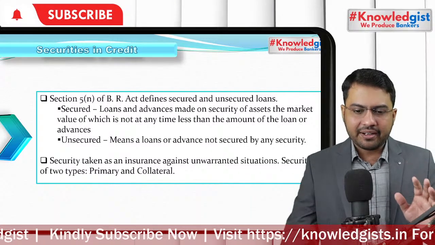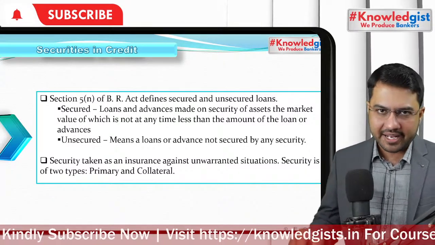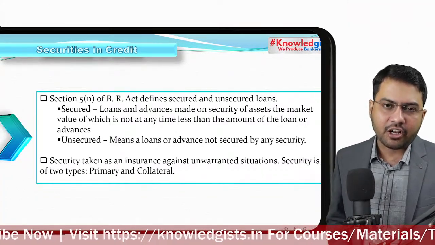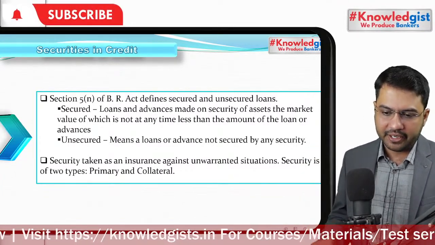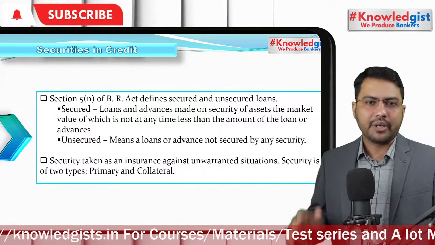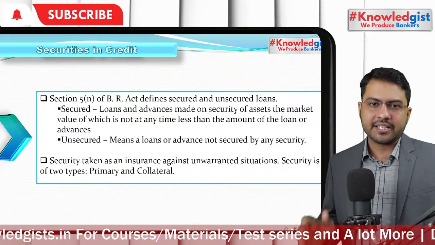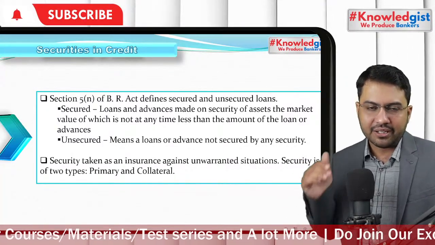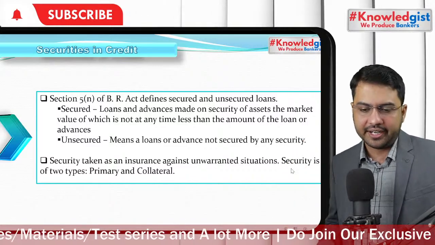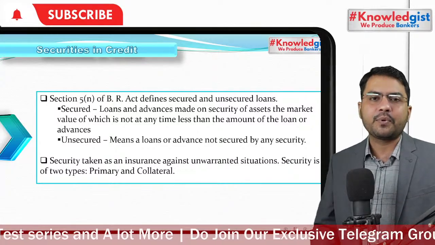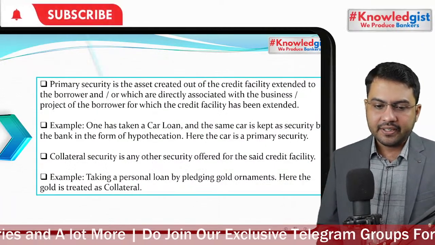Because as a banker, or as a credit management aspirant, you need to learn the technical terms and the sections involved. You just cannot say no guarantor, no mortgage, it's an unsecured loan. Even if there is a mortgage and the security value therein is below 10% of the loan value or of the outstanding, it will be treated as an unsecured loan. Clear till this point of time?